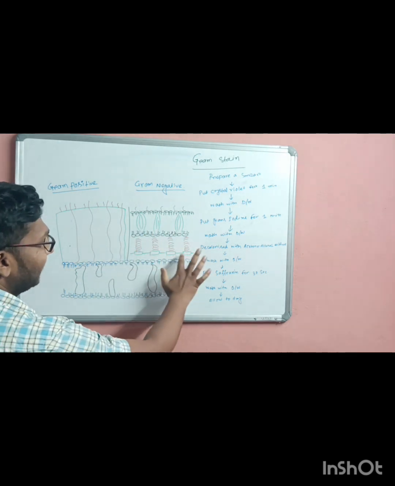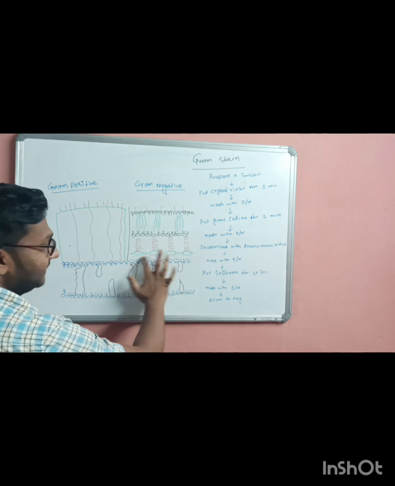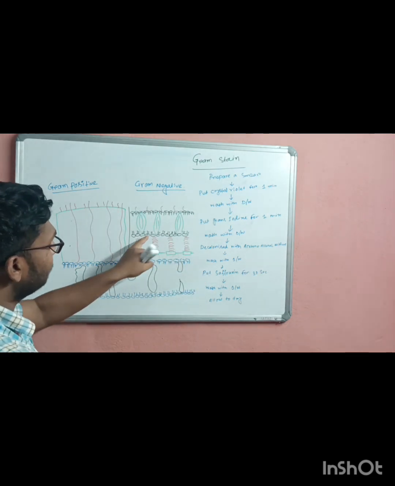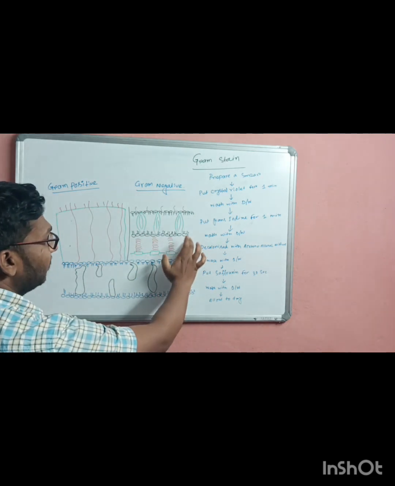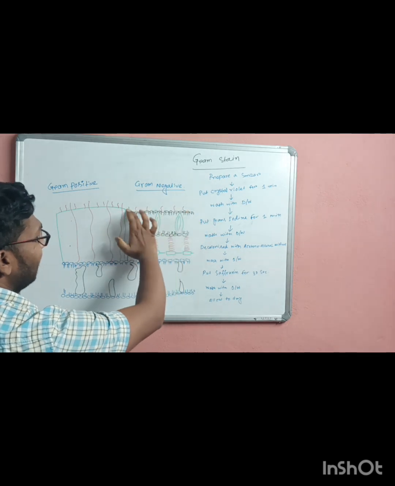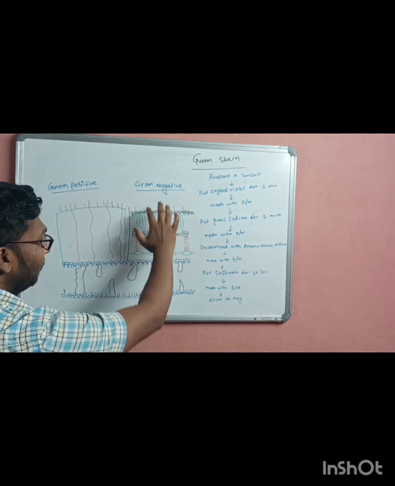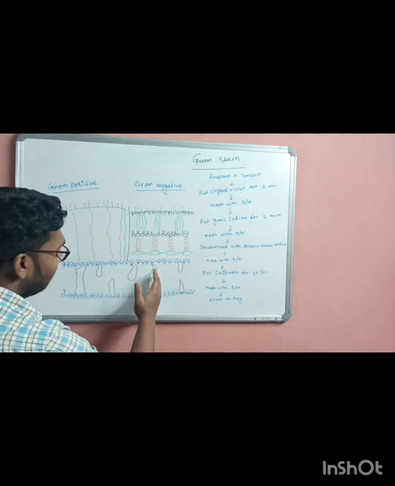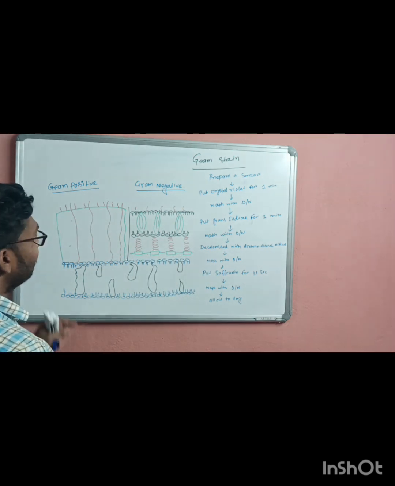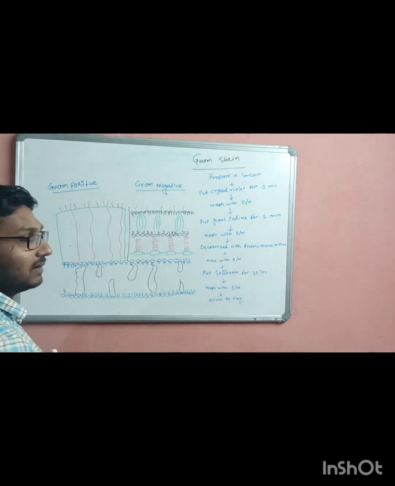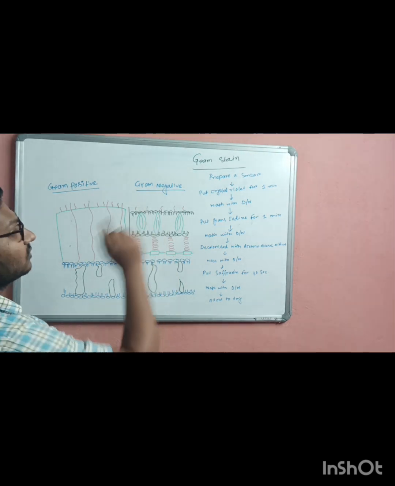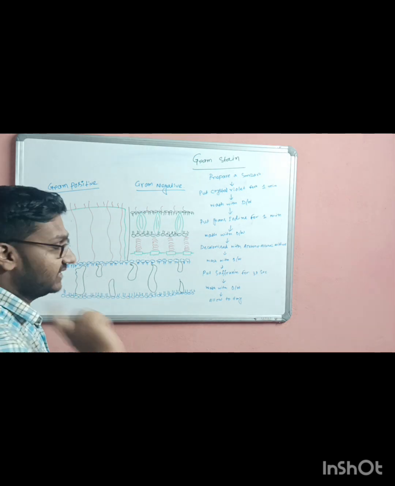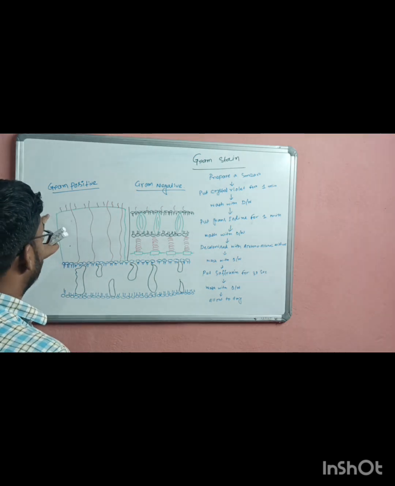The peptidoglycan layer is present inside. In gram negative bacteria, lipoprotein, phospholipid and lipopolysaccharide are all present outside, but the peptidoglycan layer is inside. When we put the crystal violet solution, which is also called the primary staining solution,